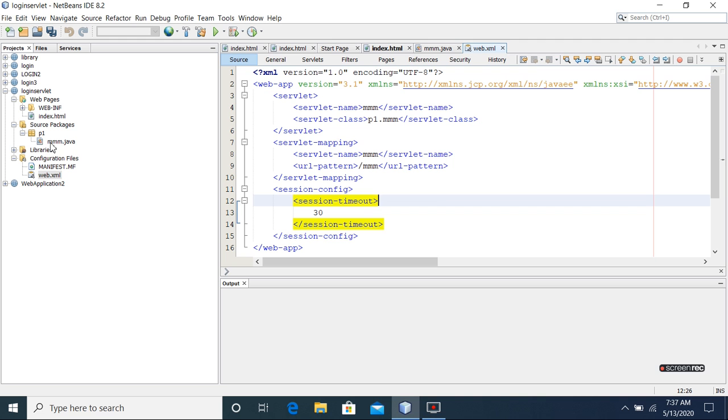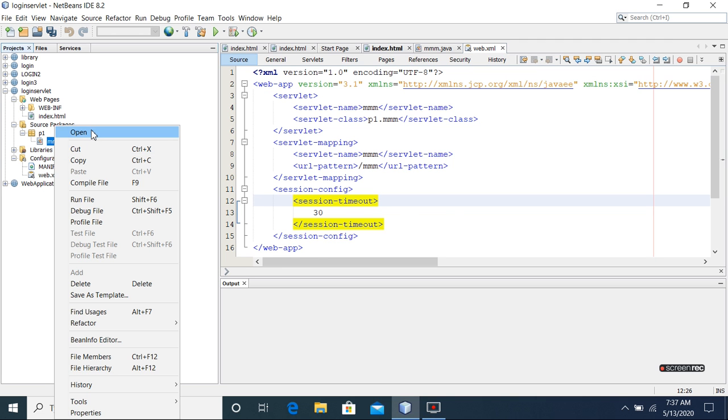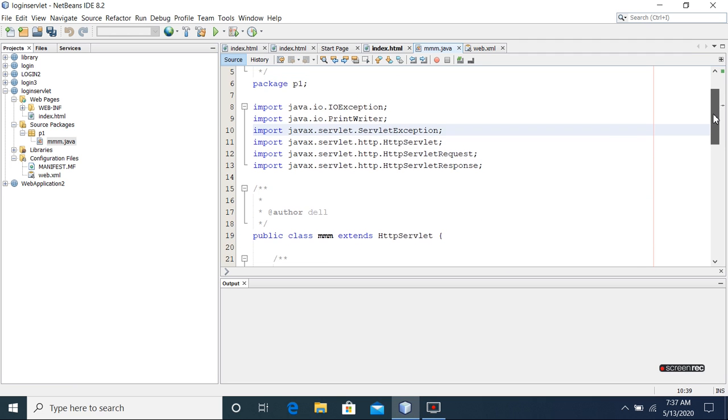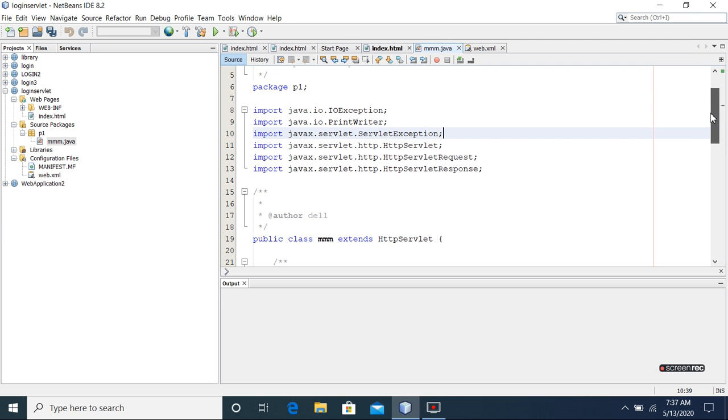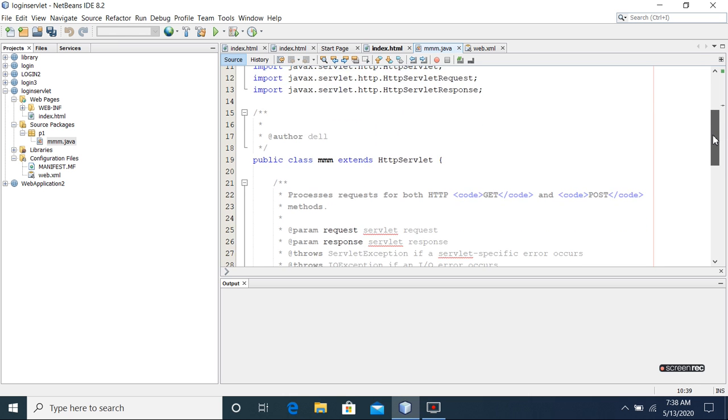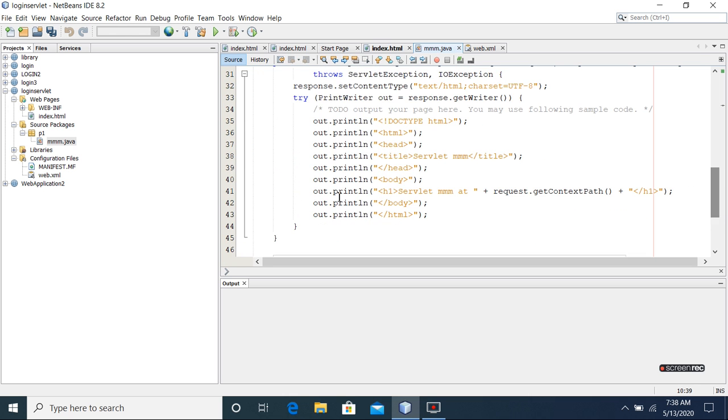So now we will write the logic for our servlet. To read the contents of the username and the password from the index.html file, we will open the servlet. So when we see the servlet, we see the packages are important. The packages which are necessary for a servlet are import javax.servlet.*, import javax.servlet.http.*. These are the packages which are necessary for creating the servlet. A servlet is nothing but a Java class file. We can see here that when a servlet is created, a Java class file is created.